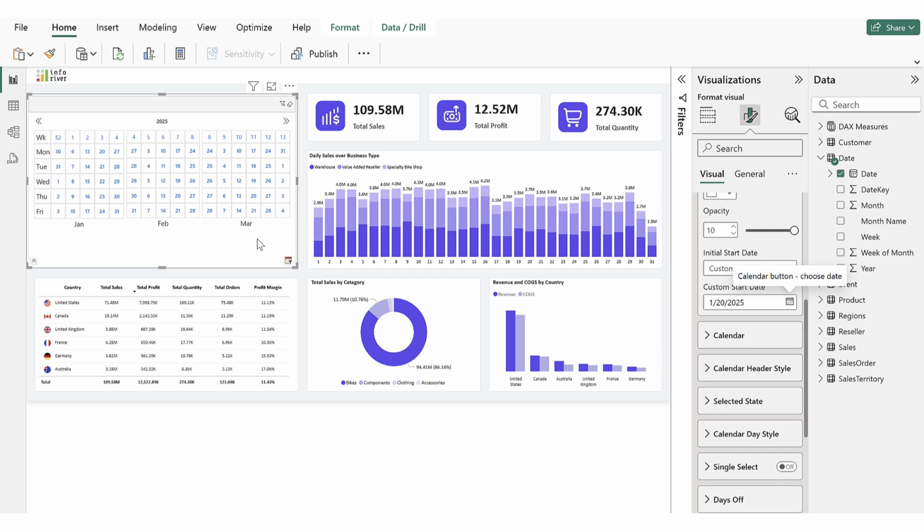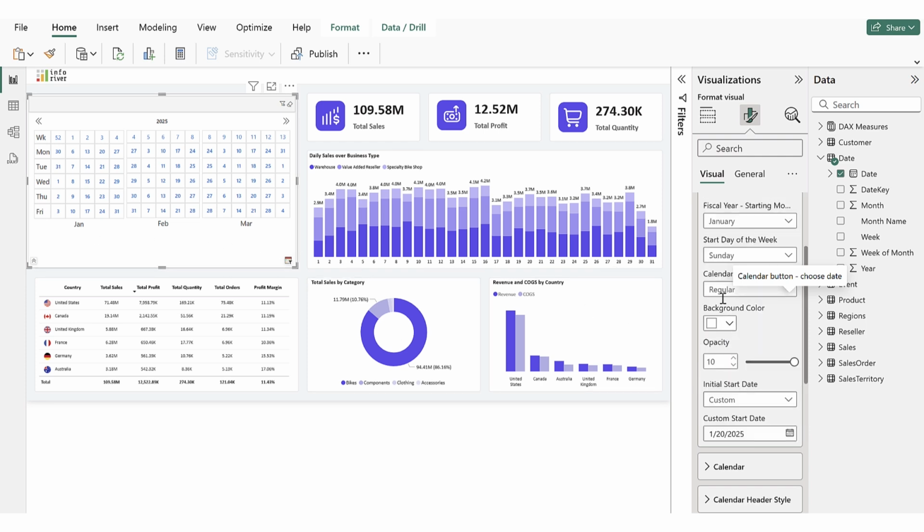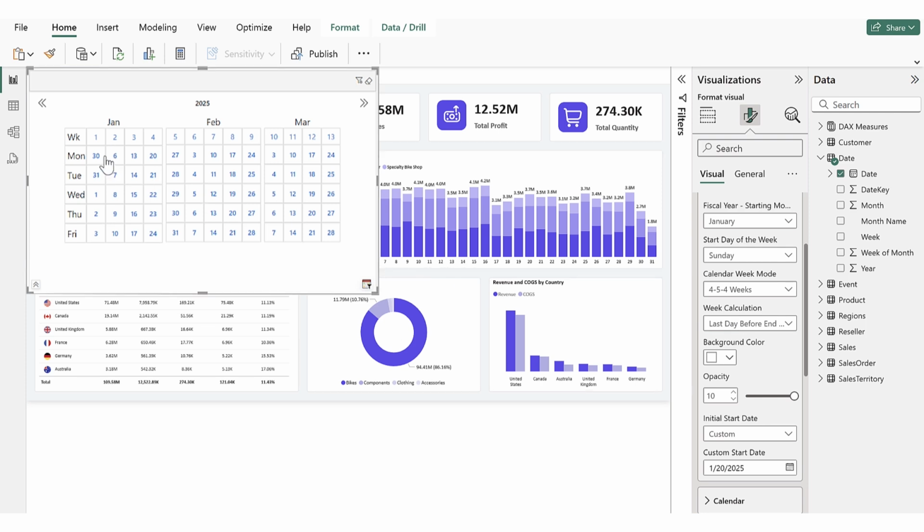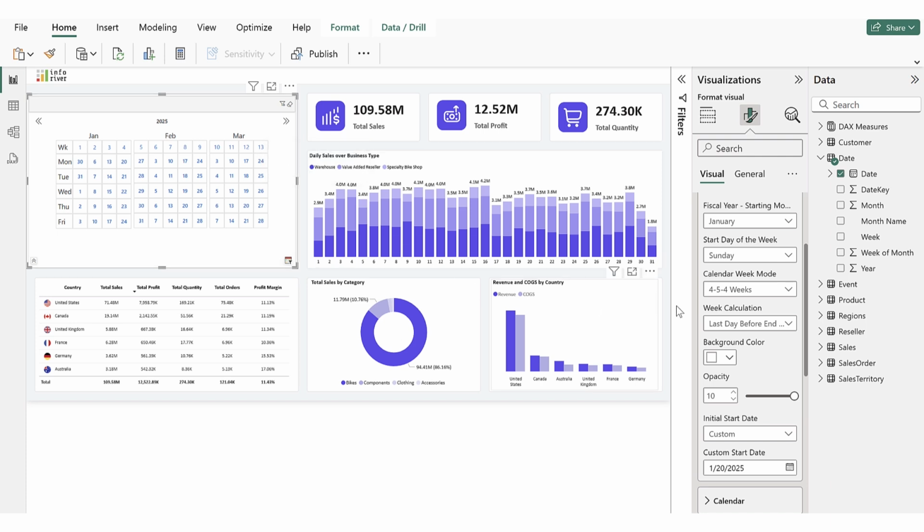Now, let's explore the week calendar mode options. The first option is Regular, which displays months with a standard number of weeks. Next, we select 454 weeks from the drop-down menu. This setting displays January with 4 weeks, February with 5 weeks, and March with 4 weeks, repeating this pattern throughout